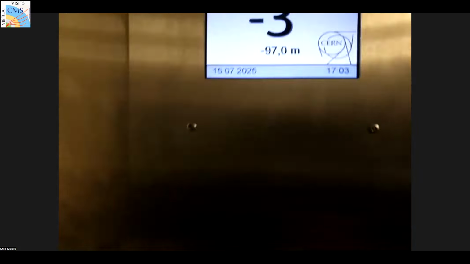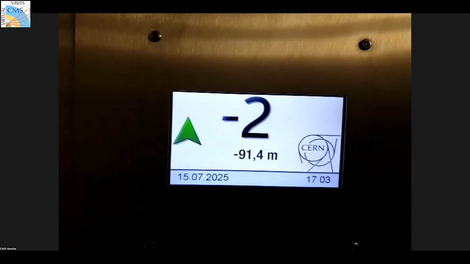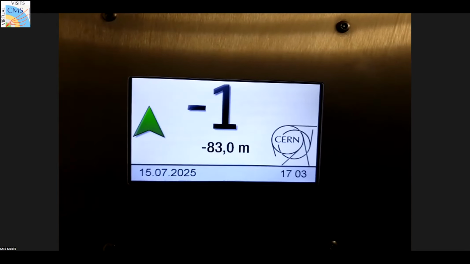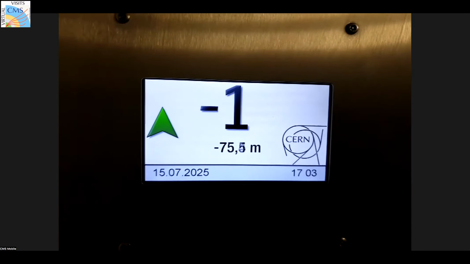Now, the elevator here, which fits almost 40 people inside if we need, is now at minus 97 meters. We just call the elevator. We ask the elevator to come up, and okay, we wait a little bit. I give the floor to Andres and Derek, and then I will just take the floor before going down again. Is it okay? Is it fine with you?